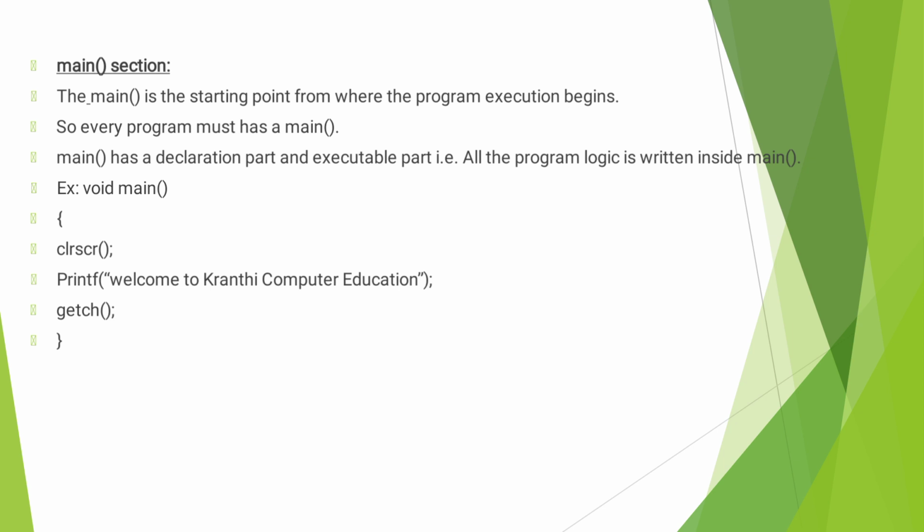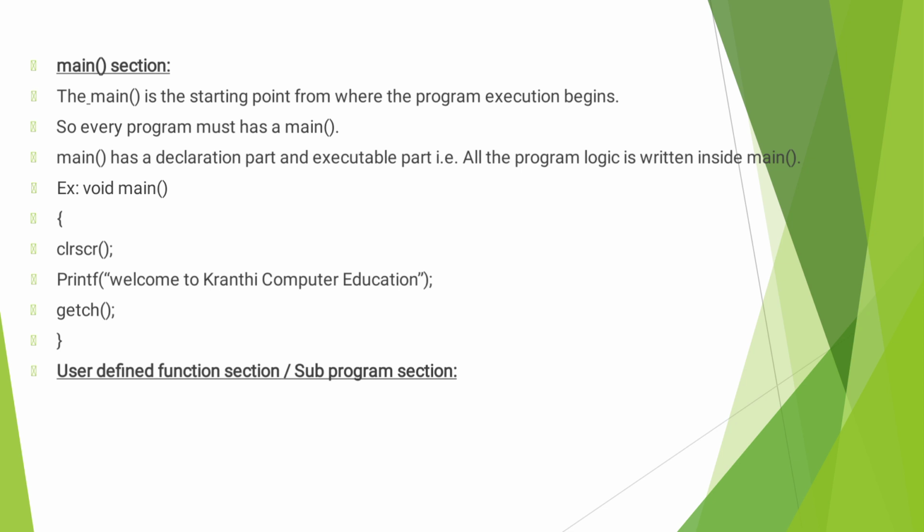The next statement is the getch function. The getch function is used to read a character from the keyboard. Whenever we press a key on the keyboard, the window should come out of the output console and return to the program. That's why the getch function is used.